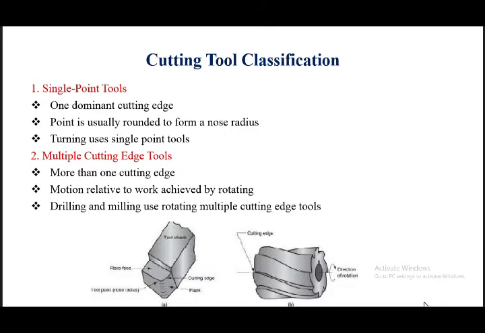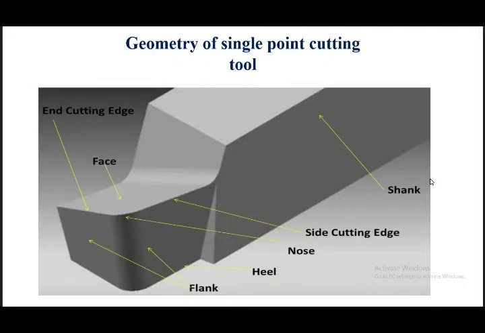Now in this lecture we discuss single point cutting tools and tool geometry in depth. You observe in this figure the geometry of a single point cutting tool. First we know what is the meaning of tool geometry here. The desirability of cutting, the maximum use of a tool before it needs regrinding, is one of the objectives of tool geometry. Tool life is defined as the length of time a tool will operate before its wear or failure occurs.